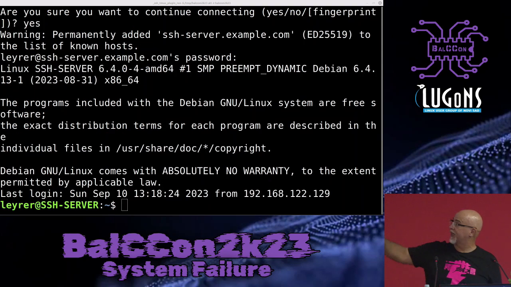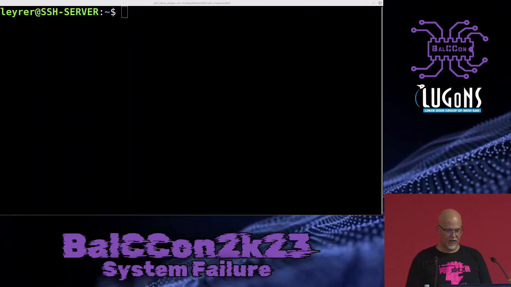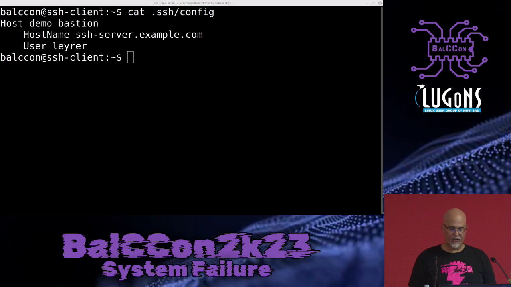And I'm finally connected to the SSH server. So that's what you're used to. But if I disconnect, and remember, I did ~/.ssh/config and created an alias. So what I can do now is ssh demo. I give it just the alias, and it will automatically pull the configuration from the config file and say,